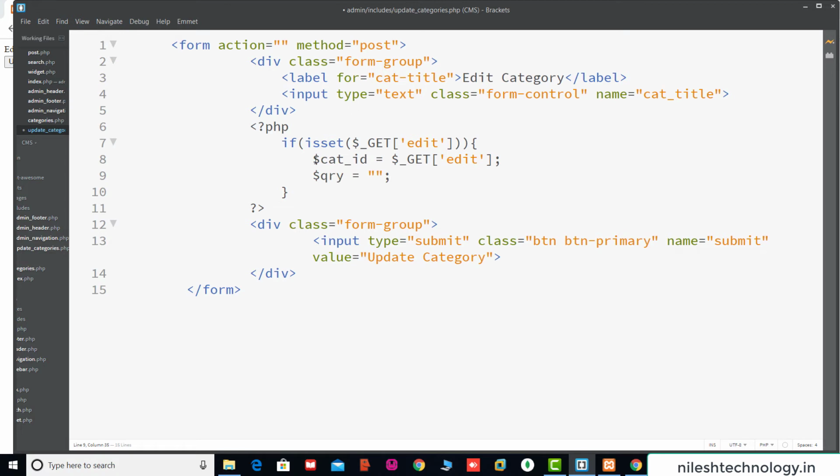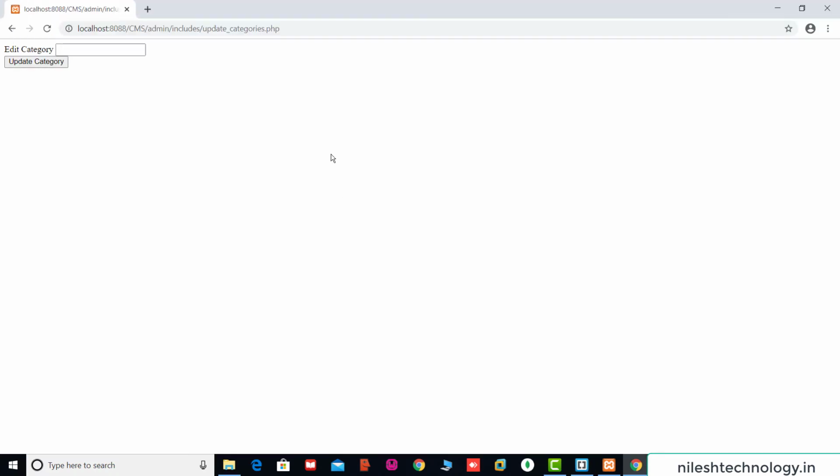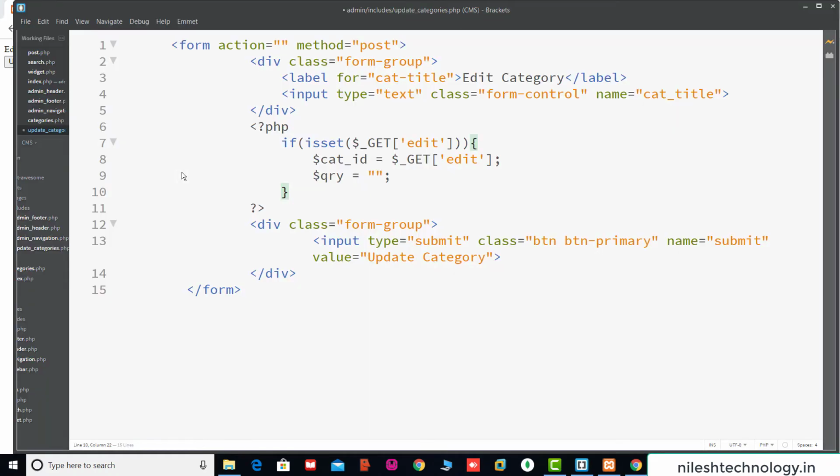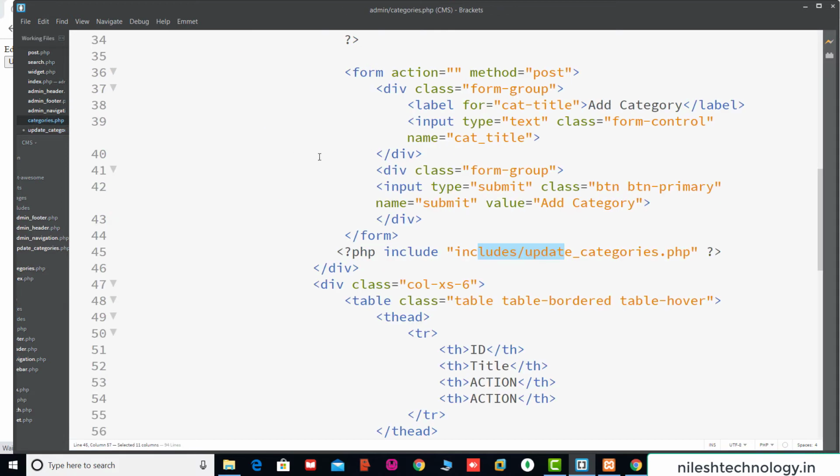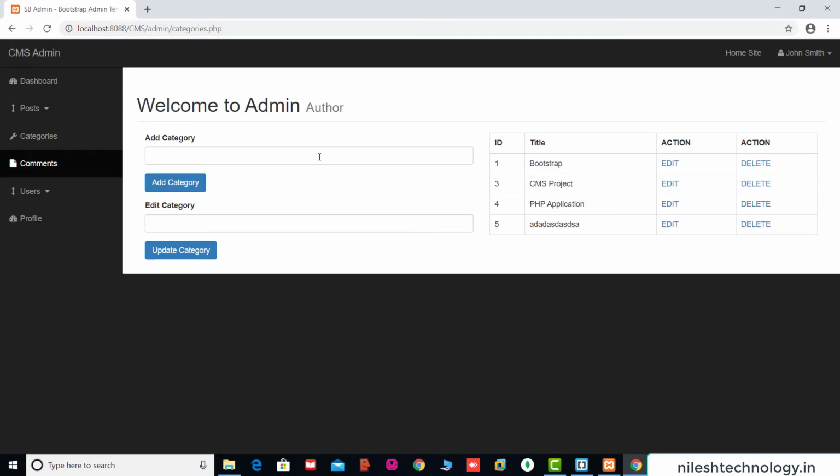So first we will display. So there are two tasks in this update section. So see here again, which two tasks. So we run this category.php file, save. So our first task is that when you click on this edit link, then this text is displayed in this text area.